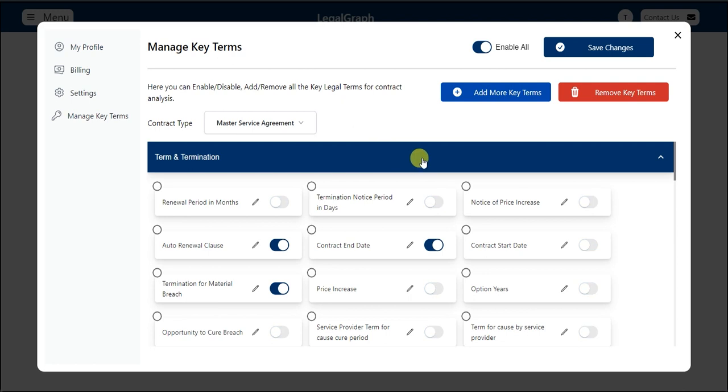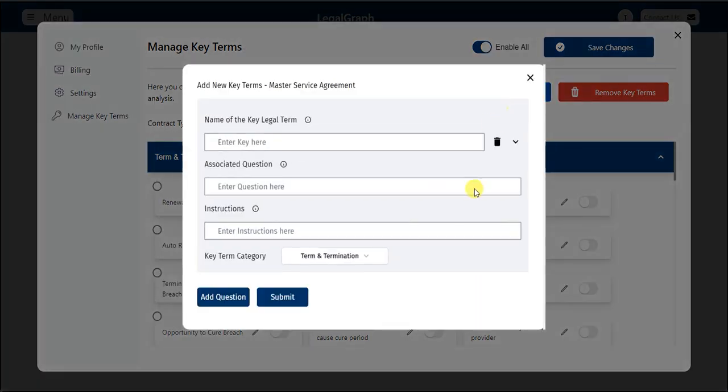And if you want, you can also use this button here, the add more key terms button, to add custom key legal terms for yourself. Let's say if you want to know about the data breach notice, you can enter something like data breach terms here, and then you can also provide AI with some context or a question about what you're really looking for. So you can enter here something like, what are the data breach terms for this contract, like